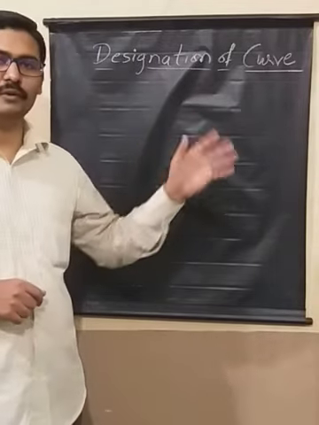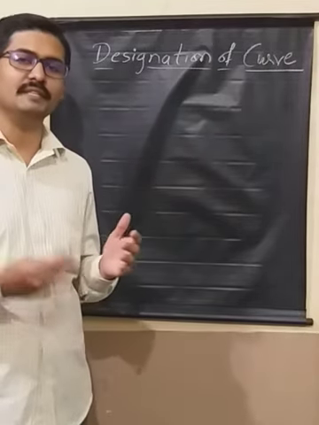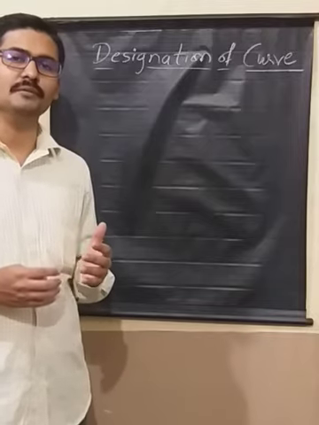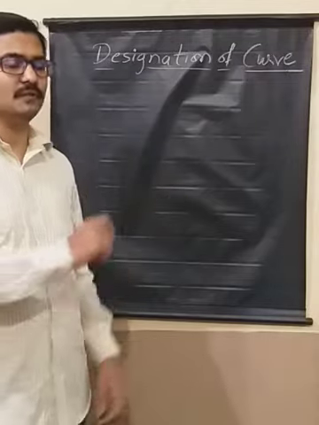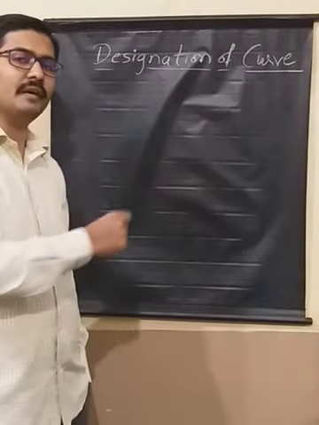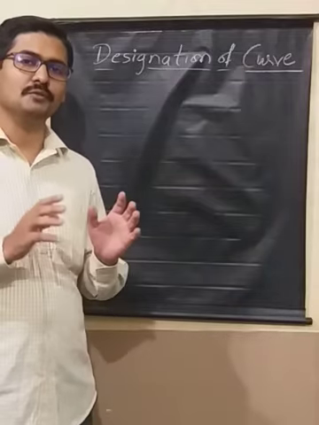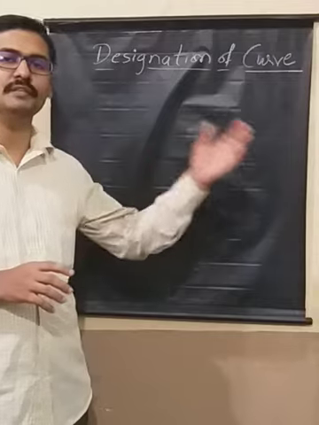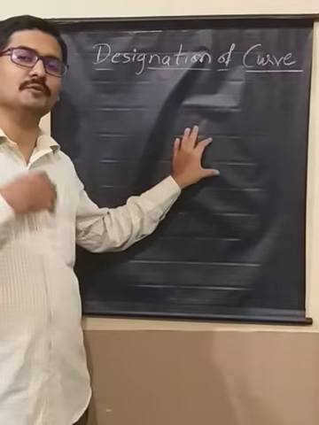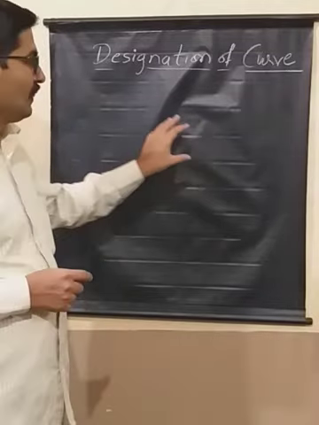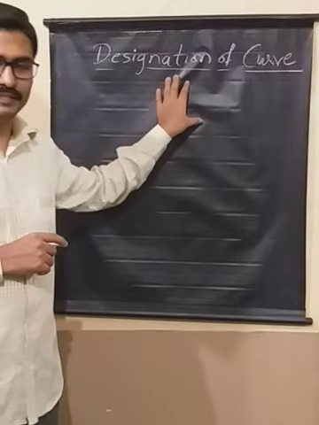right? So when you draw the curve, remember that you need to draw the whole thing, right? Starting from the basic details of that particular curve, you are supposed to show the whole thing. A curve in civil engineering is not a single arc, it is going to have a number of things attached to it. So whenever you show a curve, you are supposed to show the whole thing, whatever you have seen in the previous topic. So the whole diagram I had on the board, you are supposed to have it completely, right? So moving ahead, today's topic is designation of curve.